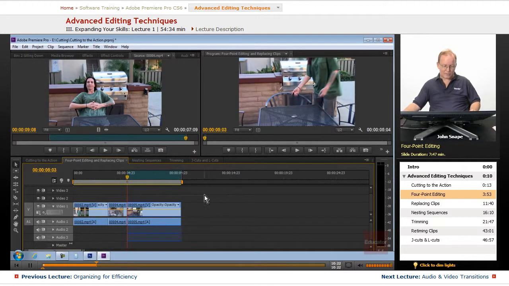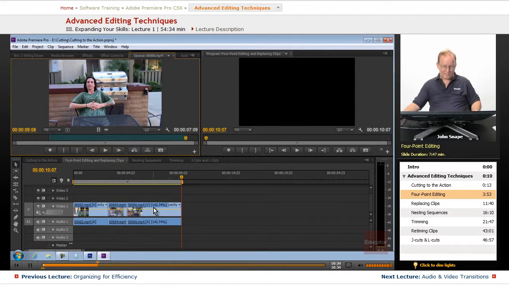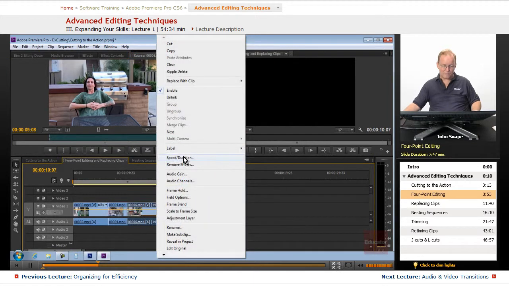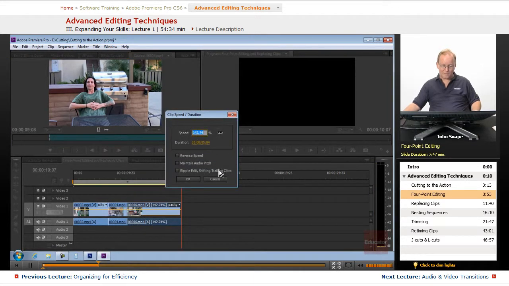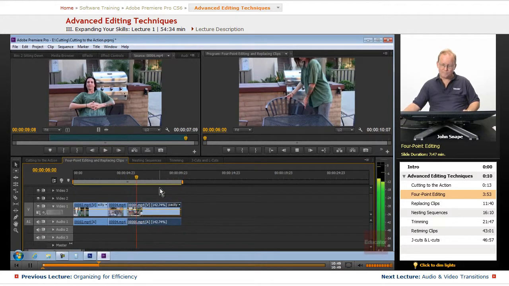We'll do Control Z. If you're on a Mac, that's Command Z. And let's overwrite, but let's change the clip speed fit to fill, and we'll see what happens to the clip down in the timeline. Now you see it sped it up to 142, almost 150%, the speed of the clip. And that's so it would fit inside of this segment here. If we watch it,